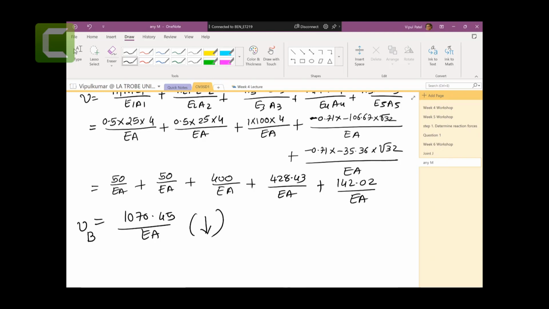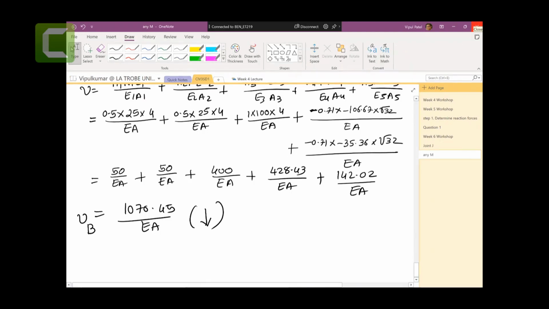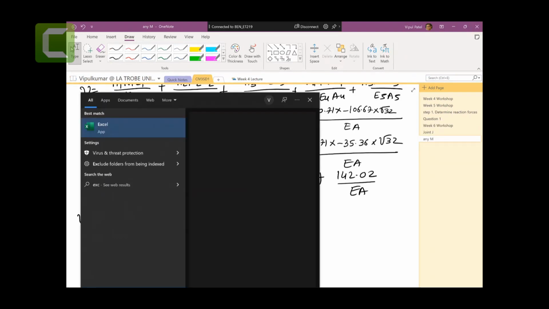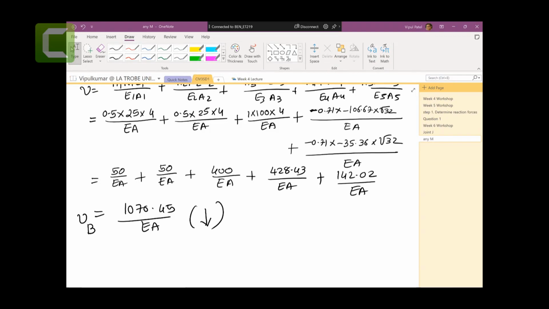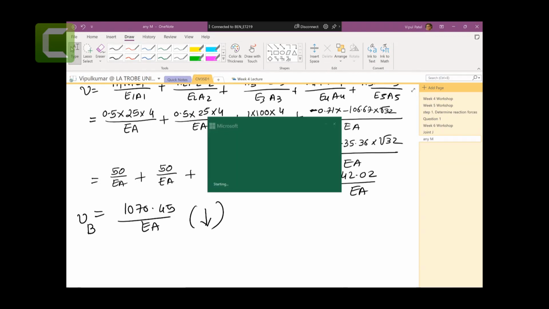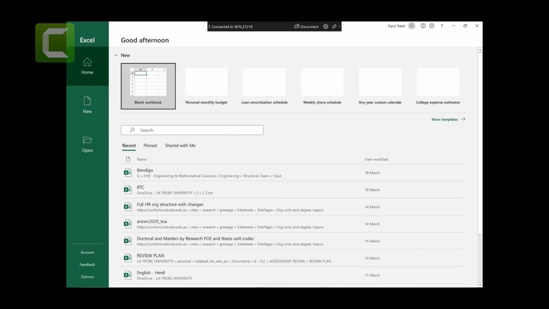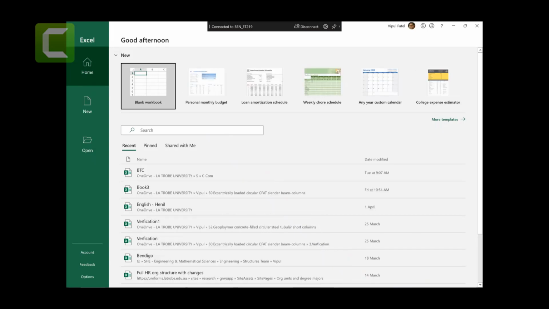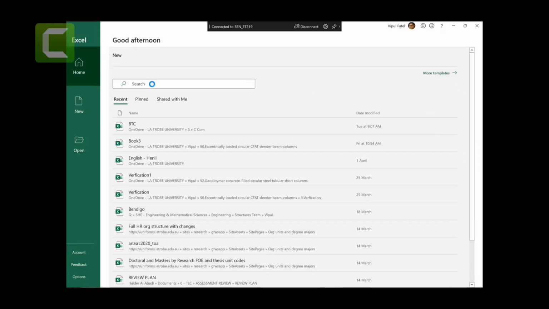All right, so let me show you Excel as well. I don't want you to feel that it's all hand calculations. All the engineers generally use Excel. Yesterday in the lectures as well, we used Excel. So in the assignments, when you want to do big calculations, I'm not sure how many members you get, but there are plenty of members, 8, 9 members, so you will get many members. You can use Excel to